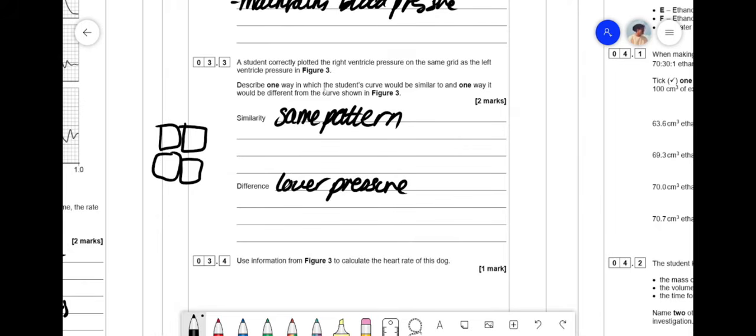And it only says describe, so you can get away with saying lower pressure. If it said describe and explain, you would have to say lower pressure because the right ventricle doesn't have as much muscle in its wall. And the same for this. But because it only says describe, you can get away with just doing that alone. So now,